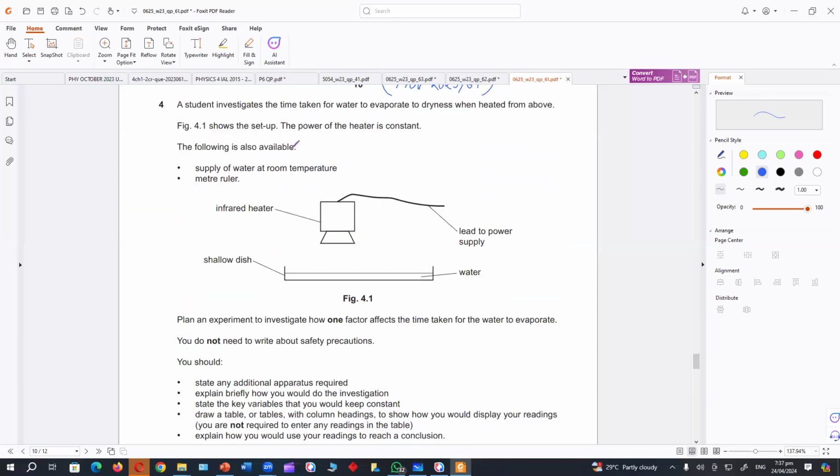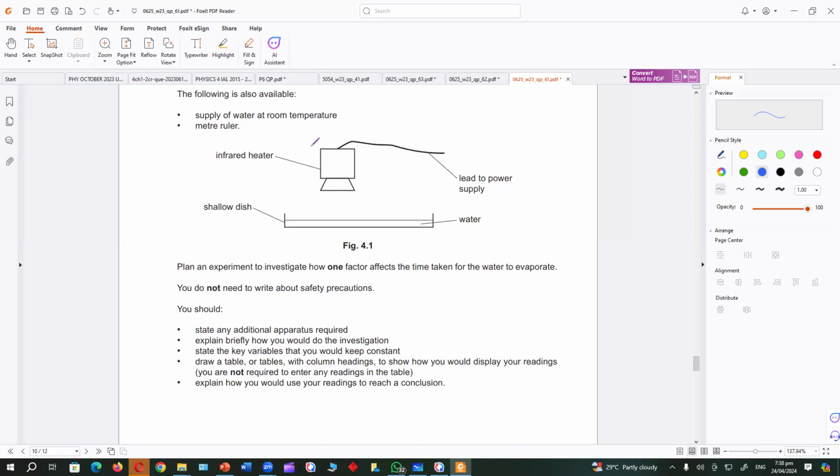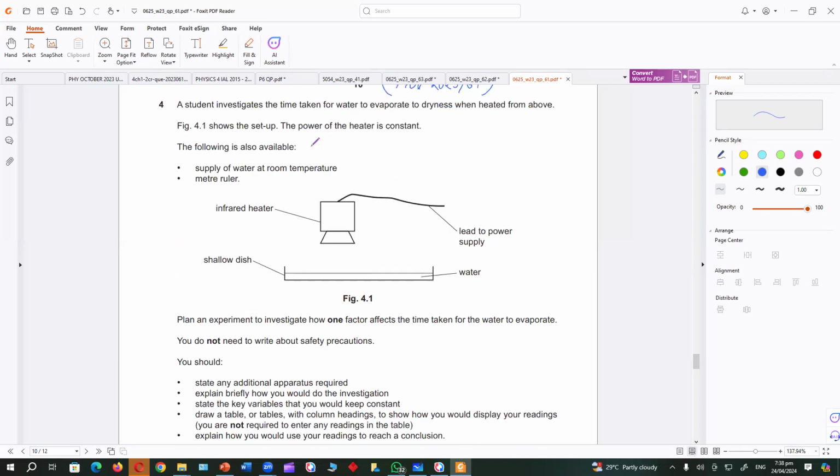But one thing to think about here is what other factor he wants to see, because for the time taken for water to evaporate to dryness when heated from above, we can take one factor because power is constant. So we can decrease the separation. We can move the heater down, make it closer to the water, or we can move the heater up, make it away from the water level so we can see what happens. I think we should use a clock and